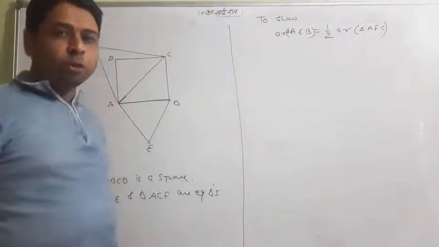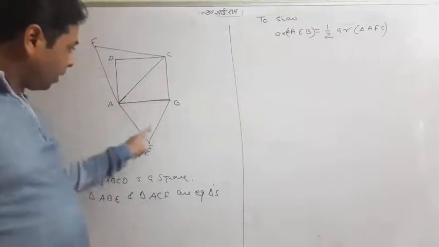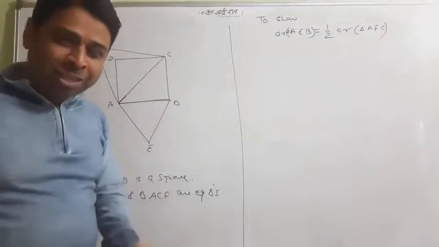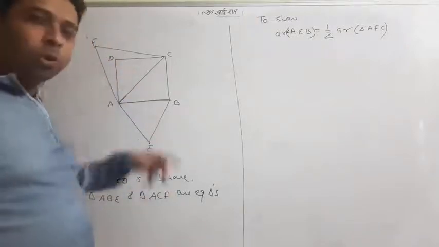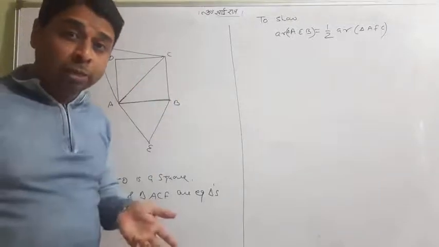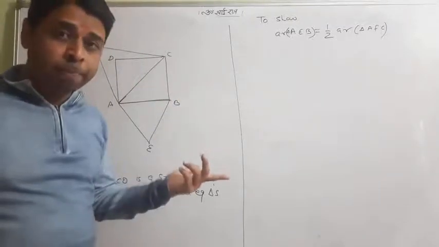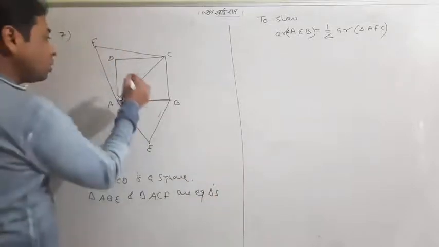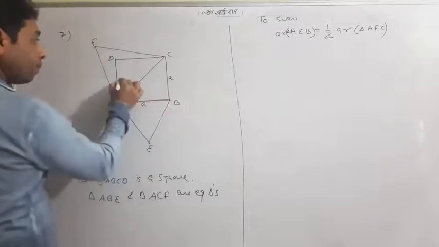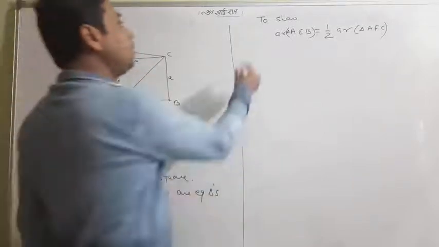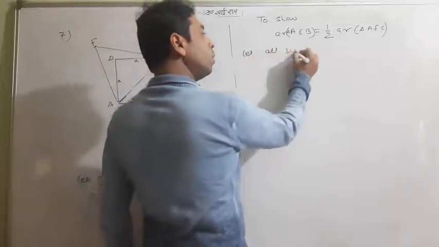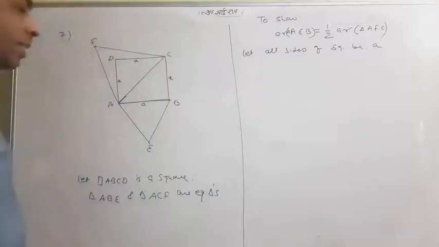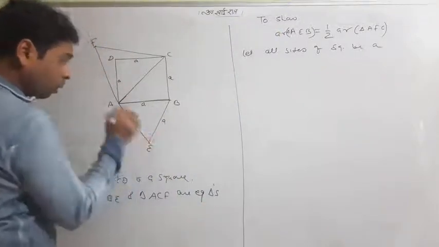First of all, I want to draw your attention to the fact that this triangle and this triangle are equilateral triangles. All their angles will be 60. You know that when the angles of two triangles are the same, by angle similarity, both triangles are similar. So one thing is already resolved. The second thing: suppose all sides of the square are small a. This is a, so this is also a.